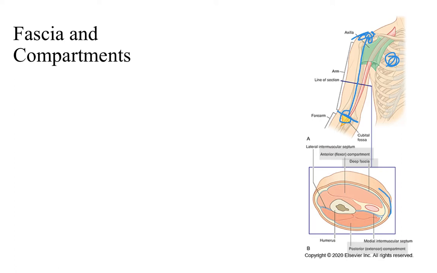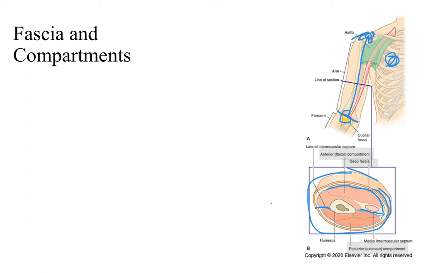So this cross section down here of the arm, we see that there are, of course, skin, and then we see the superficial fascia, which we've seen with the abdomen and the lower leg, which is that fatty layer that contains areolar tissue as well as adipose tissue. And then we have the deep fascia, which is the blue lines that you see in here. And notice that they invaginate into the muscle compartments themselves to separate them into two separate